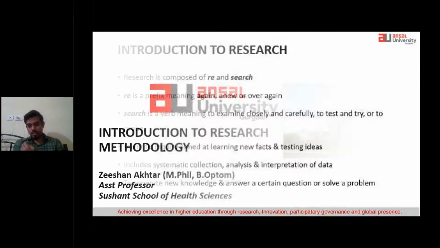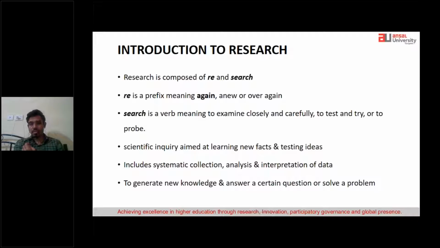So if you see the first slide, it talks about the introduction to research. The understanding of the term research is very important for all of us. It is more of searching things again and again: re means again, and search means to examine closely, to carry out tests, and to probe or look more deeply into a particular concept, a particular method, or a particular